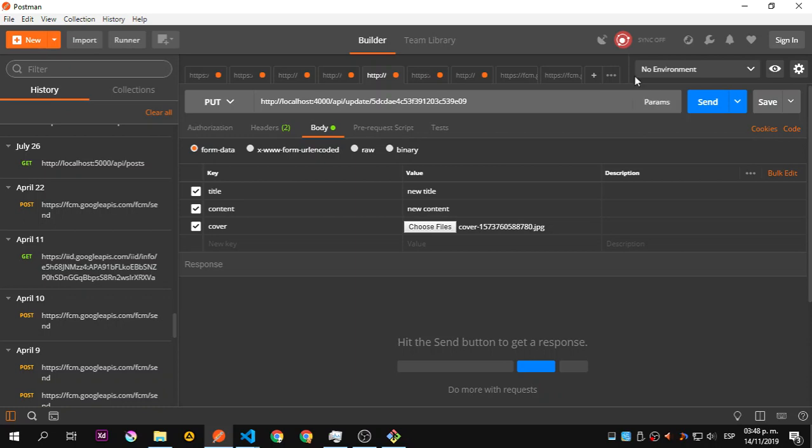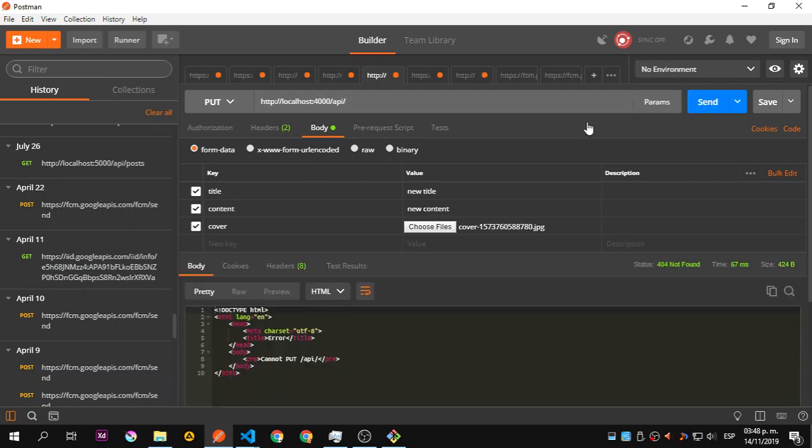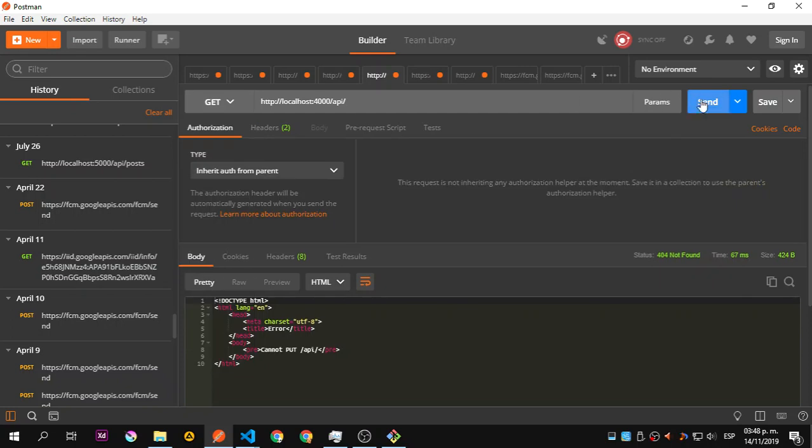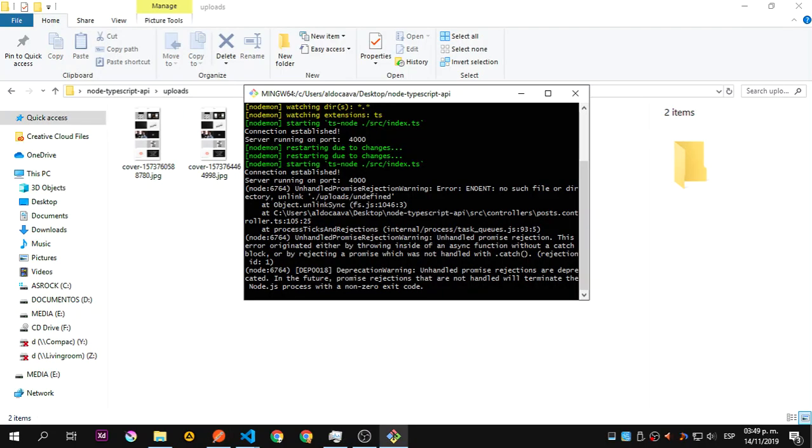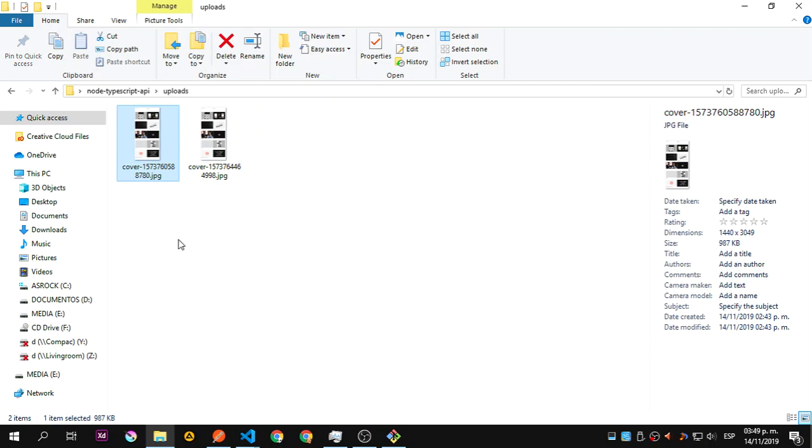So in fact, this would be better to test once we have the form, because the form is going to receive all this information from the API and send back the same information. So that is going to work with our get, sorry, not put, get. That is going to work with what we have. So you can see we have this 4998. That in fact is this one. Okay, so it got renamed,